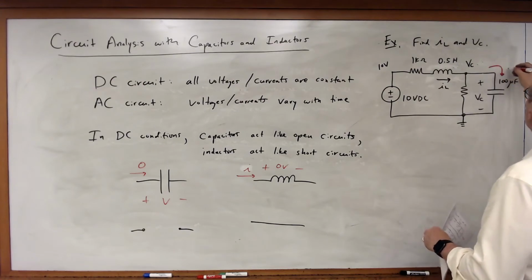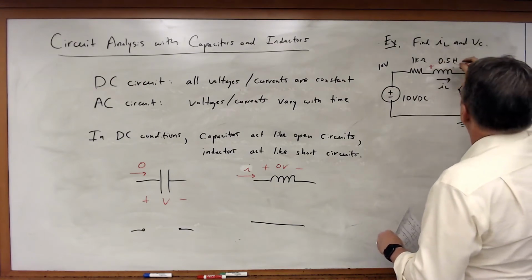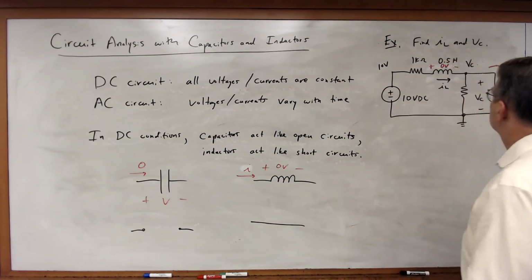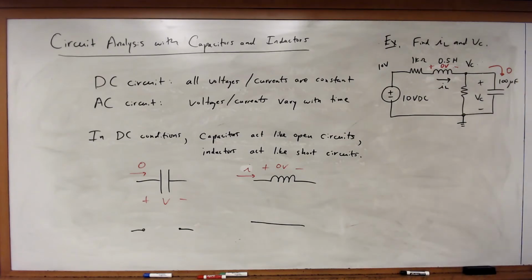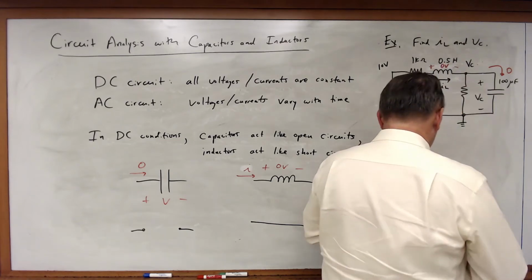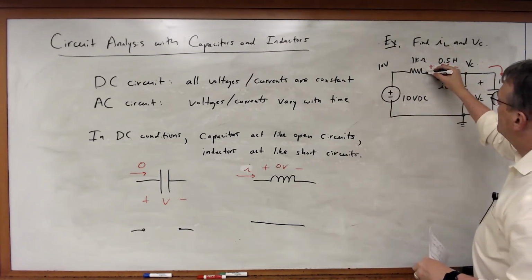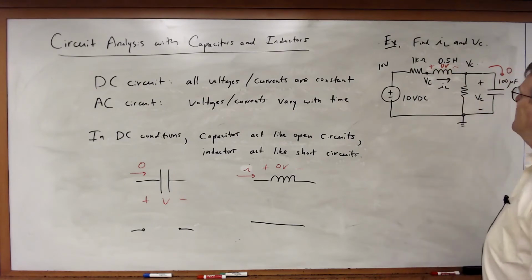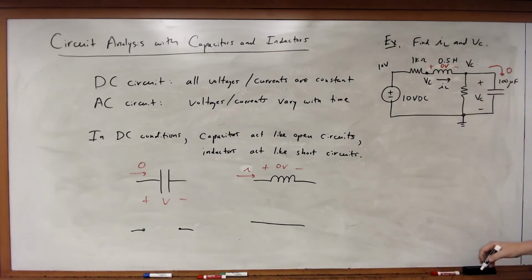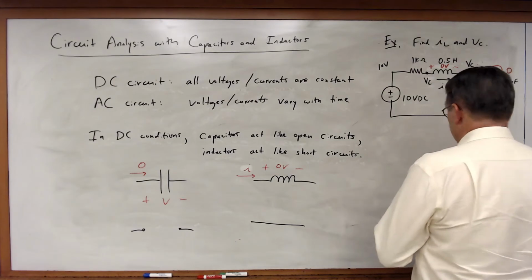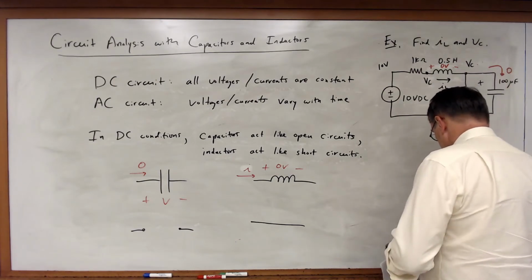So this current is equal to 0. This voltage is equal to 0 volts. There we go, a little bit clearer that way. So given this, if I've got VC on this side, that means I've got VC on the other side. And now I can go through and say that in this case,